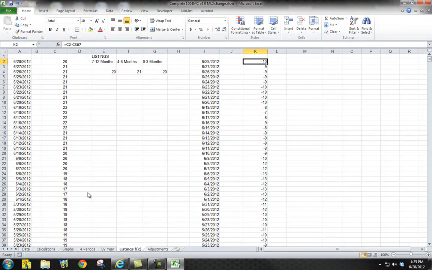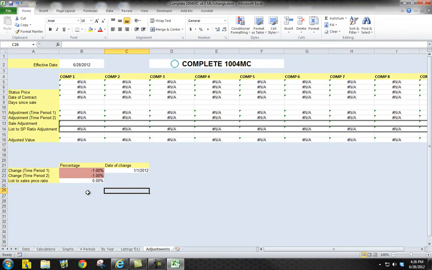This is the listings function page. I'll probably hide this. There's nothing that you need to see on this page. It's more of a function page. It creates functionality for different other functions in the spreadsheet. And then here's the